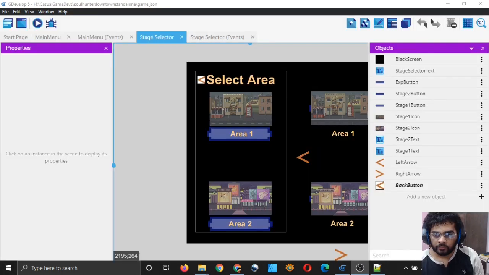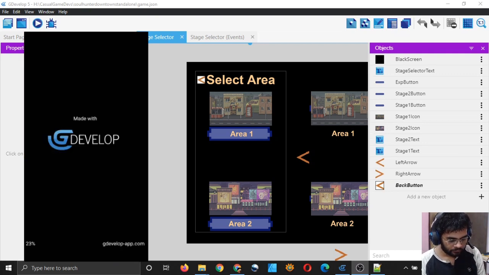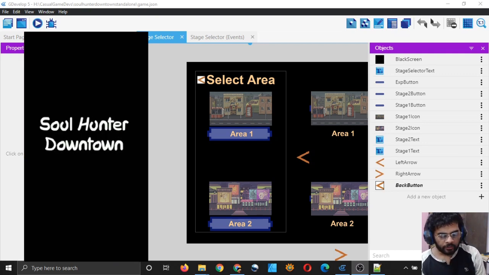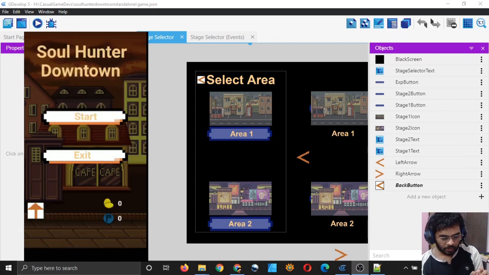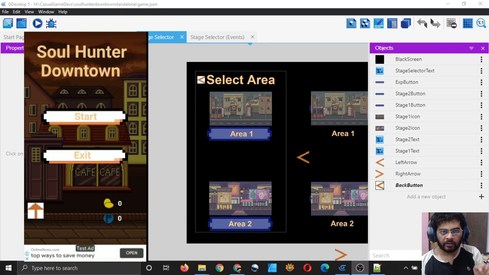So I have installed the game in my phone, and let me show you how it's working. I'll put the feed over here. And first of all, we have our banner ad at the bottom, which is good. Now let's see if our interstitial ad is coming or not.